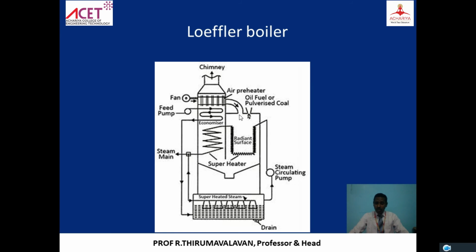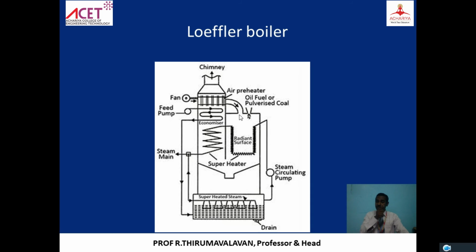This is one type of fluidized bed boiler. Instead of burning at the bottom completely by the coal and other things, the pulverized coal is sprayed. So that it is coming like a fluid property. So we have the fluidized bed. What is a fluidized bed? The combustion chamber having similar properties of a fluid. Similar properties of fluid. So that is why we call it a fluidized bed combustion chamber.